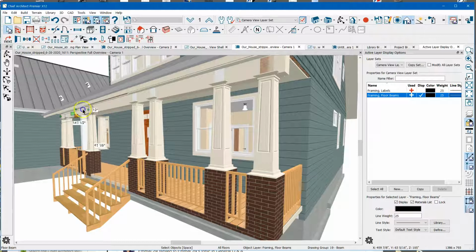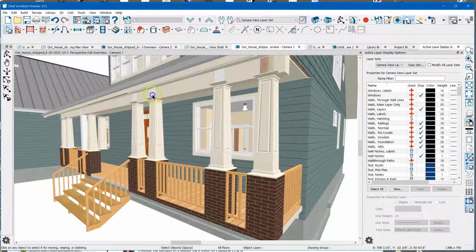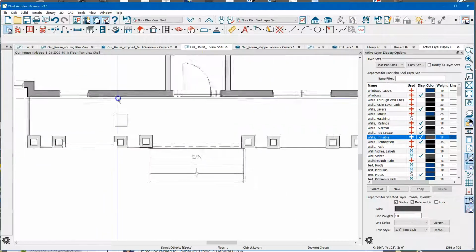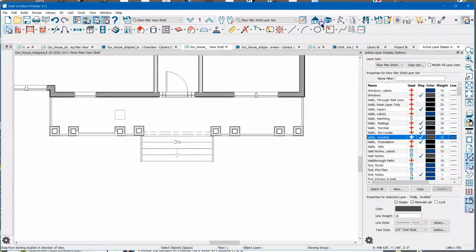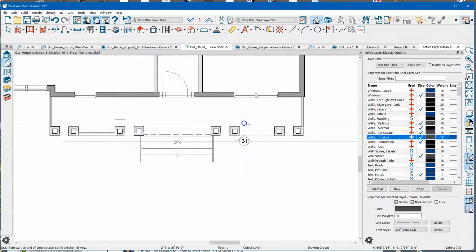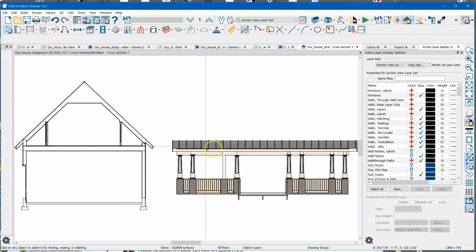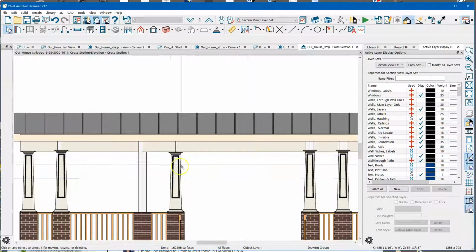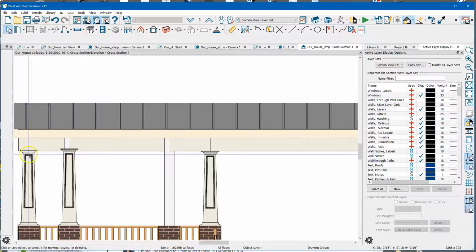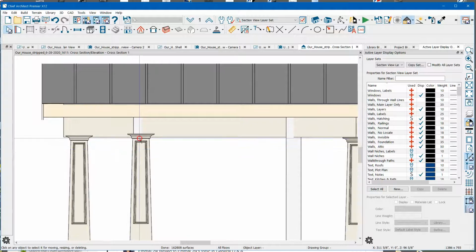I would typically just use a solid for this. If we look in plan, and I'm going to take a cross section across these. They're all different heights. You can see that if you look over here, you can see how high this railing